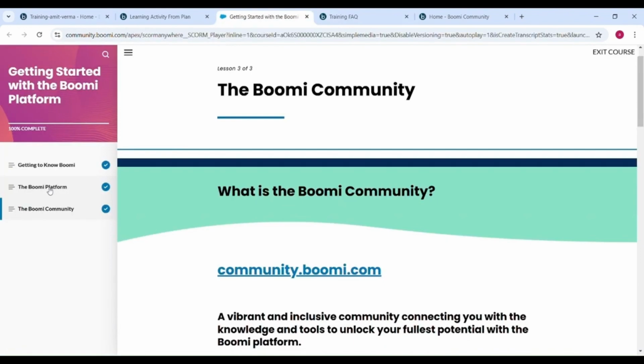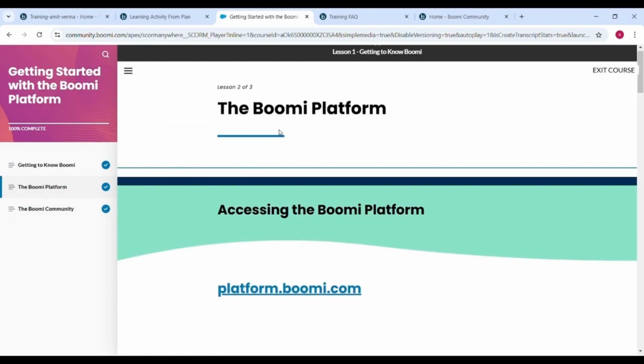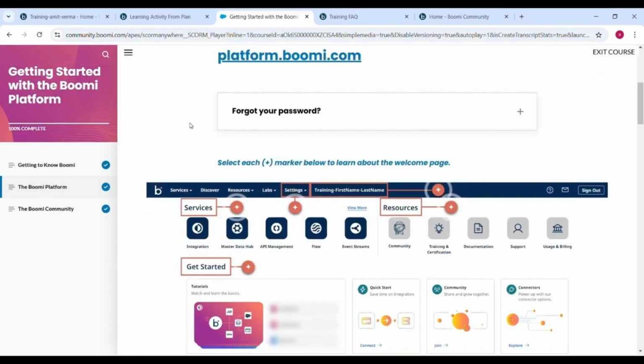Let's check Boomi platform. So this is lesson 2, and for the Boomi platform you have to hit platform.boomi.com and you can check. You can see these type interface like services, discover, resources, labs, setting, training and first name, last name, services, getting started, resources,